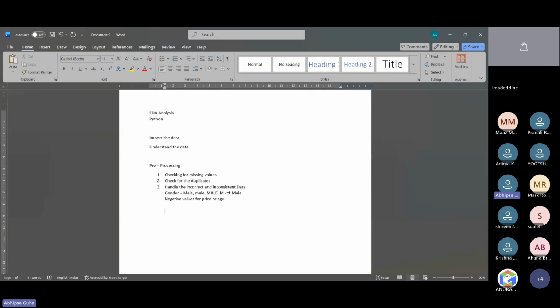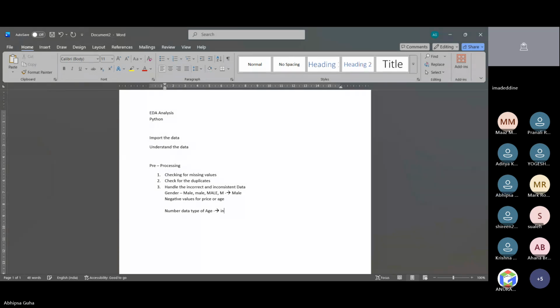Next, we have the data types: date data type, number data type, text data type. We need to see them through. Suppose it is a number data type and it is age group, then we can definitely take it to integer form.